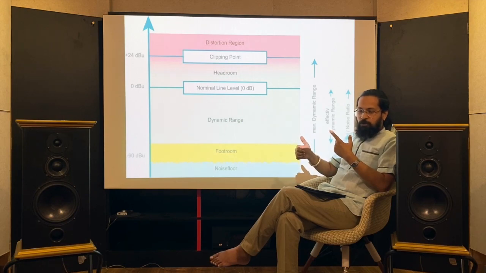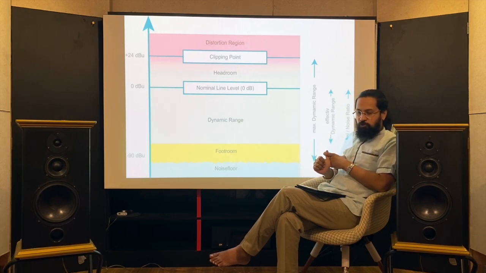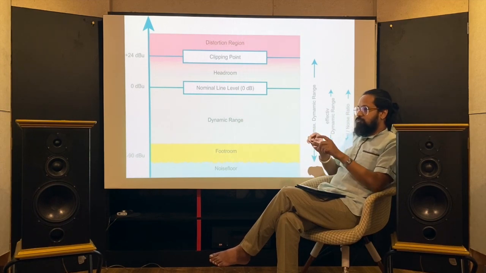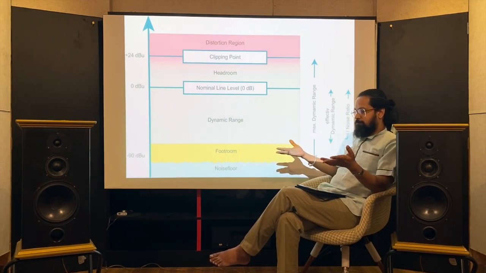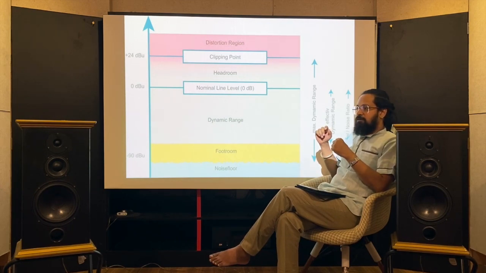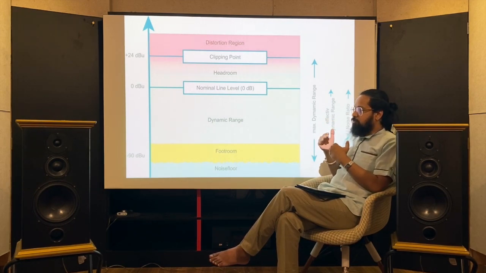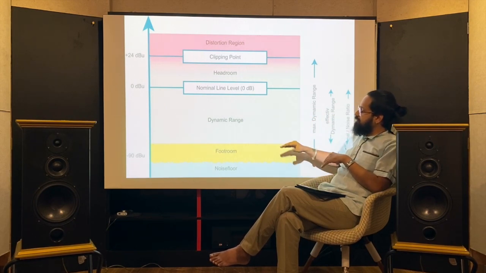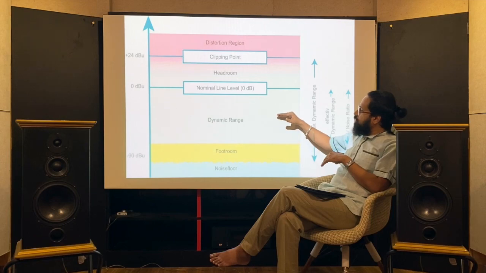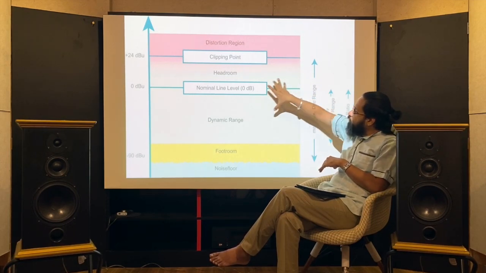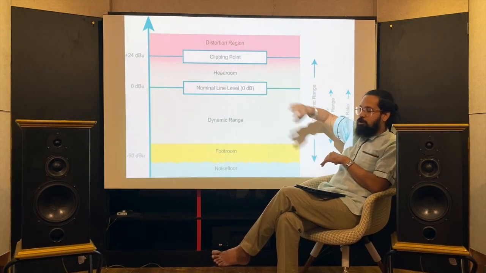This is where the production of the music happens in this way. When it comes to the reproduction, if you have some kind of lifestyle product which is not meant for audio grade equipment utilization, they also do not have a very good quality dynamic range for reproduction of the music. What happens is the footroom will be raised up for them and the headroom will fall down. So you will have a very narrow band that it can actually accommodate.